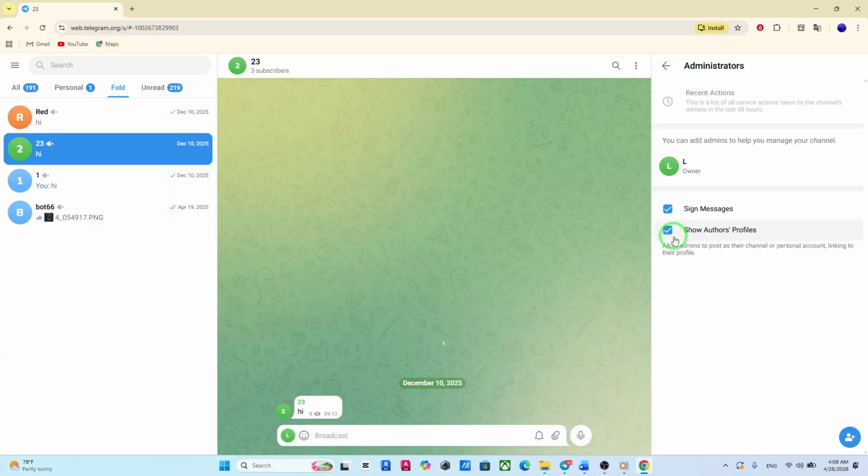Just check the box beside Show Authors Profiles. Once you've done that, click on the tick or save icon at the top to confirm your changes. Telegram will instantly apply the new setting, and from now on, any post made by an admin will display their profile name,